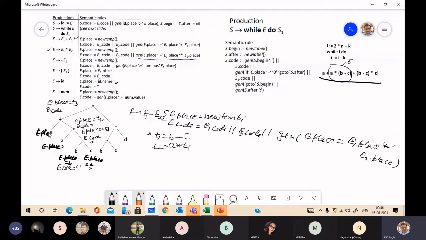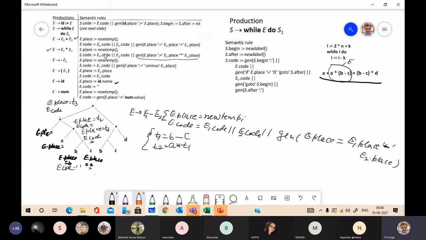E1 is this, which is null. We don't have E1.code. Followed by E2.code. E2.code is this entire part. E2.code we have just computed.